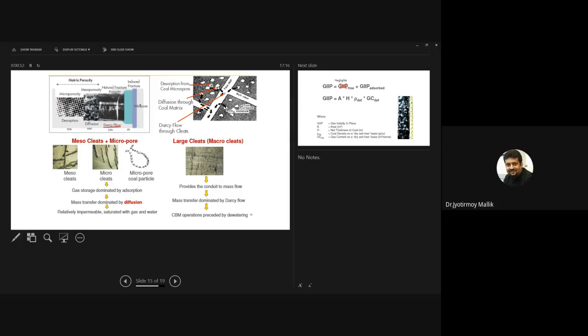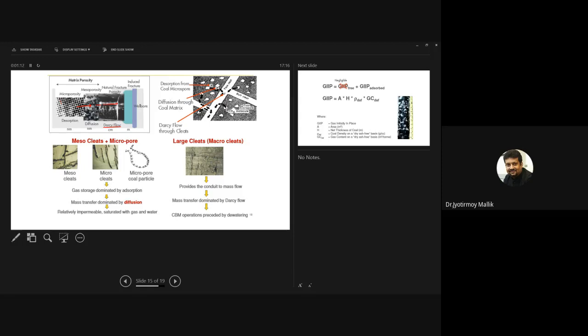So from microporosity to mesoporosity it comes by desorption, and from mesoporosity to the natural fractures it goes through diffusion, and